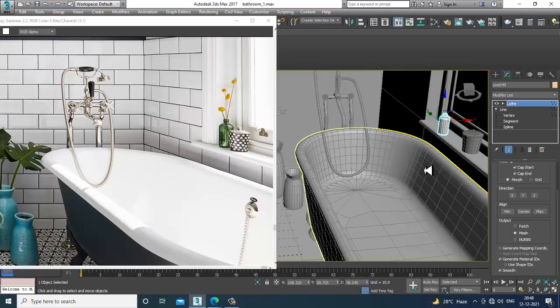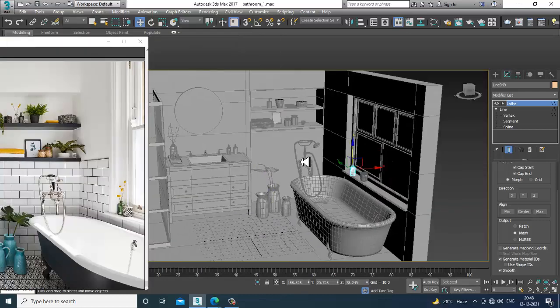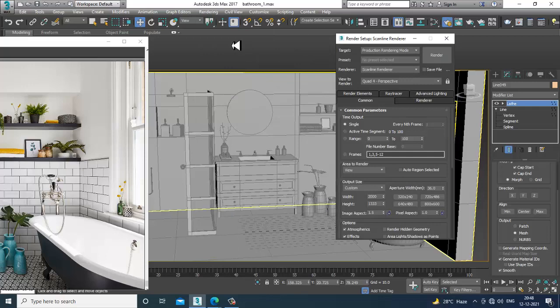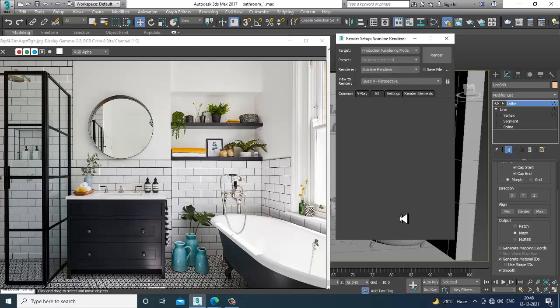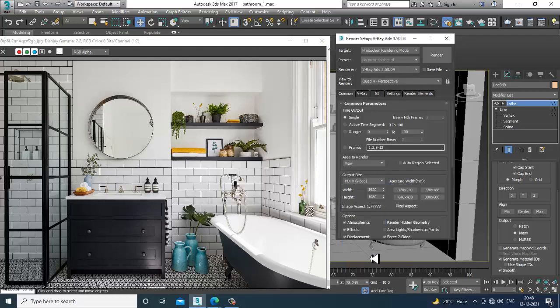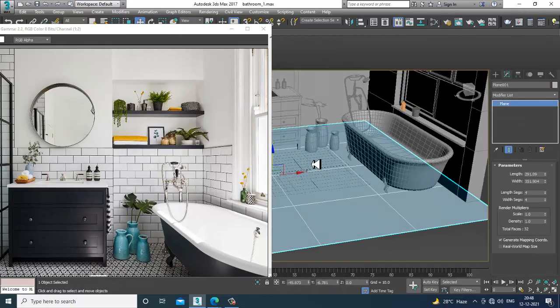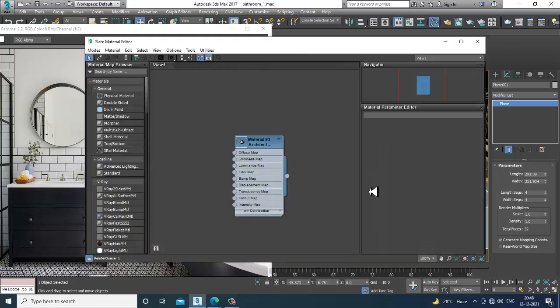Alright. So now we'll start with the texturing part. Very first of all, let's go into render setup. If you want to unwrap, we can easily unwrap it also, and I'll show you a bit of unwrapping. Let's activate this V-Ray. After that, let's texture the flooring part first. Press M, that's your material editor on the keyboard. If you want to generate normal maps or bump maps, that can be generated.